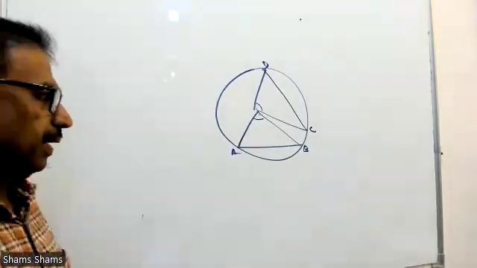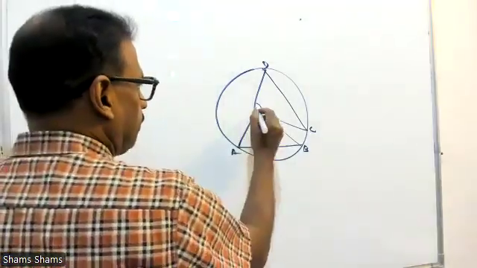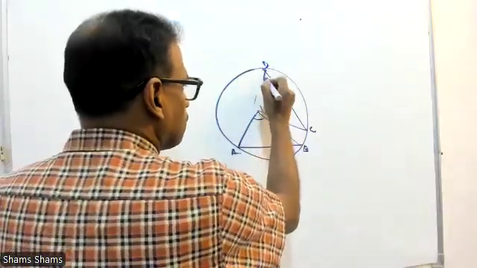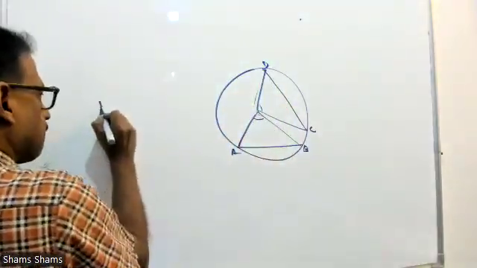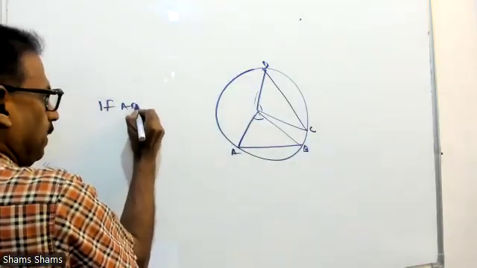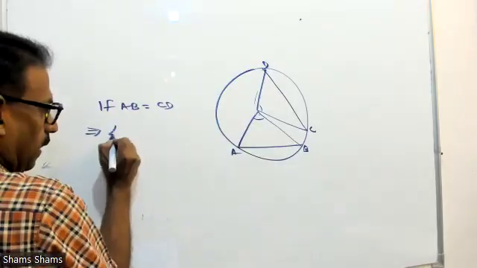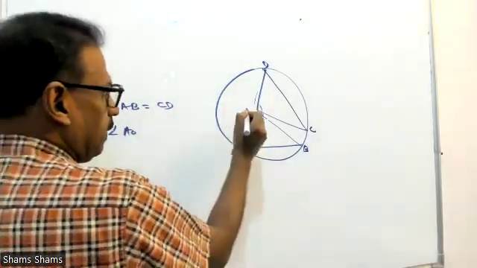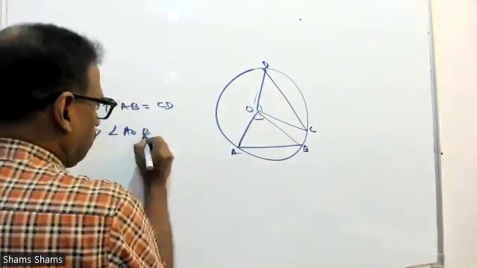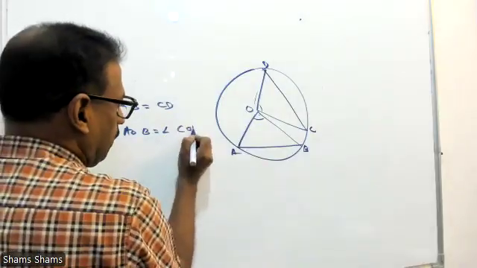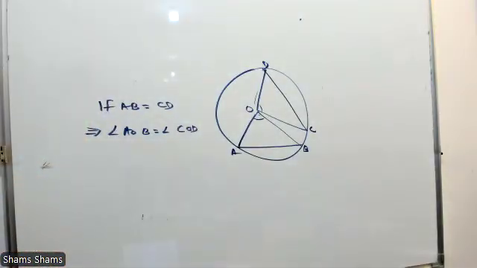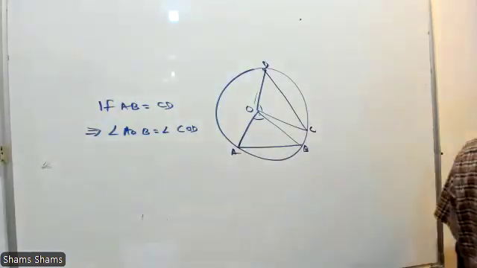Okay, draw this figure. Then, if AB equals CD, which implies angle AOB equals angle COD. If angle AOB equals angle COD,